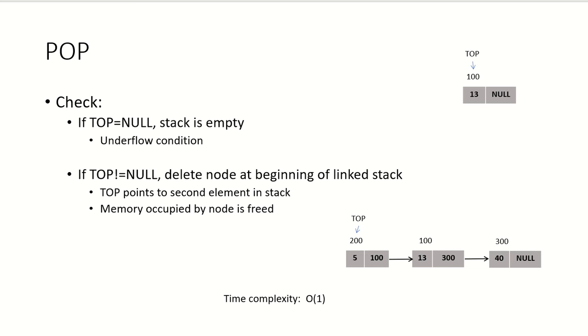In a linked list, each node consists of two parts. One contains the data and another contains the pointer to the next node. So if we have to implement the stack using a linked list, the head pointer is used as the top variable and it always points to the first node in the linked list, which is considered the top of the stack.